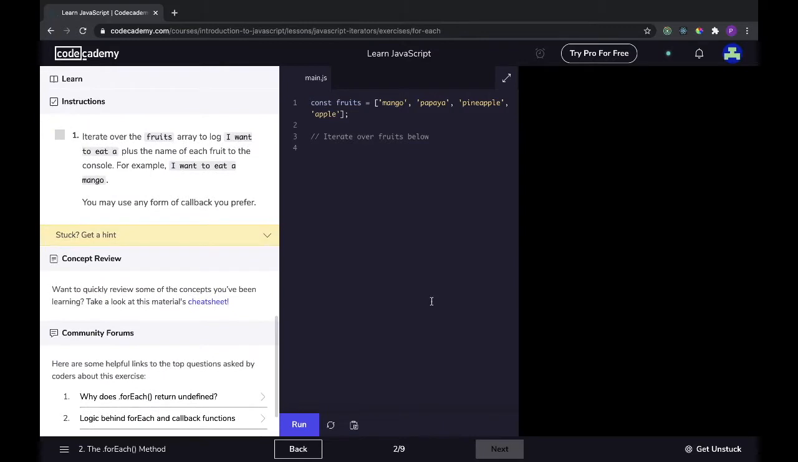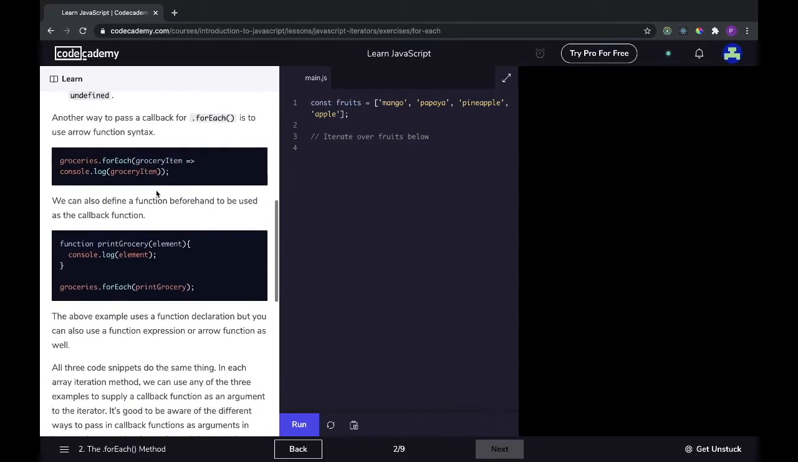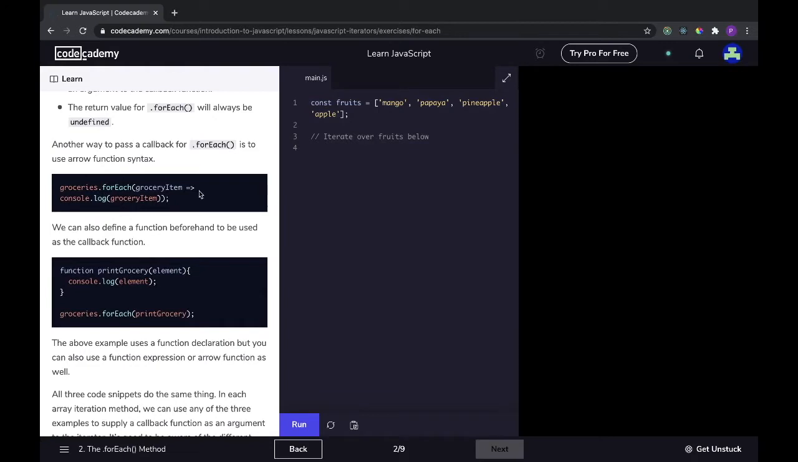Instructions. Iterate over the fruits array to log 'I want to eat a' plus the name of each fruit to the console. For example, I want to eat a mango. You may use any form of callback function. So we are going to do a forEach, and let's do it like this. That's how they say they're going to do it later in the course. So let's say